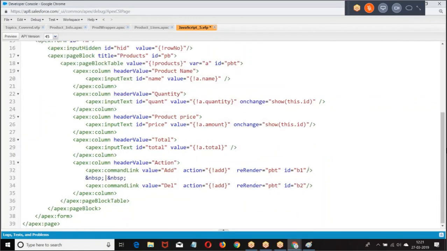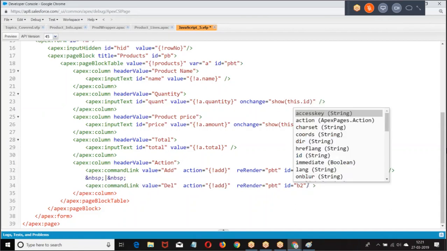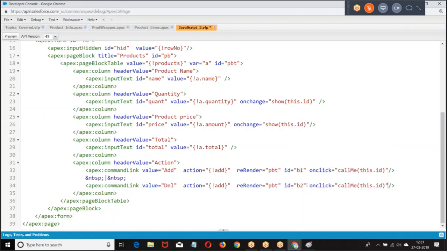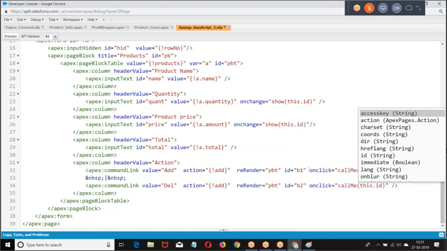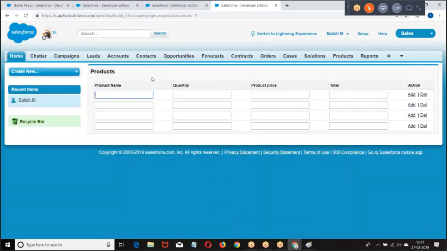Then I have to say, this is what we are taking. Go back to the structure here.